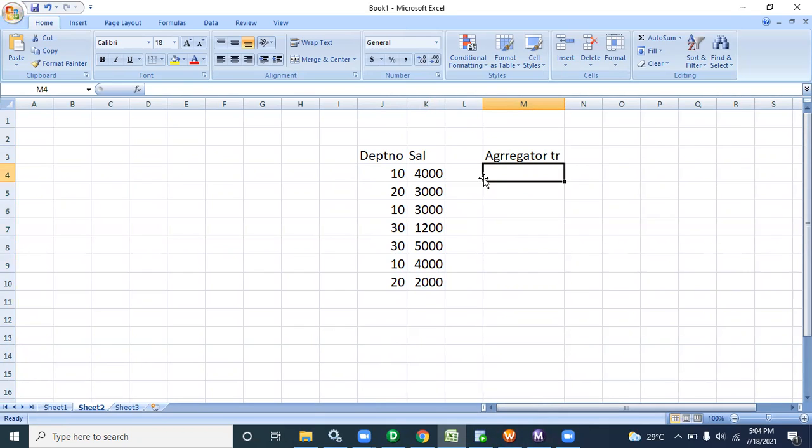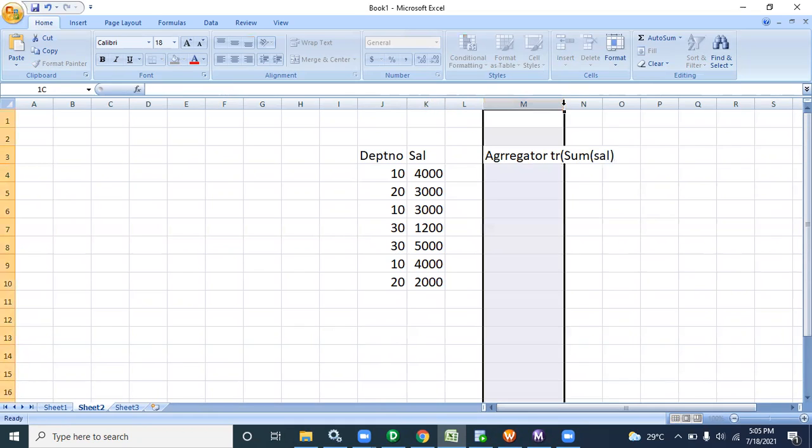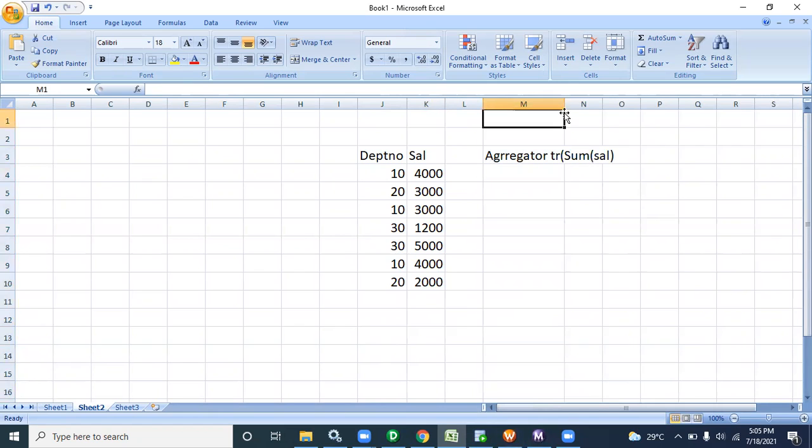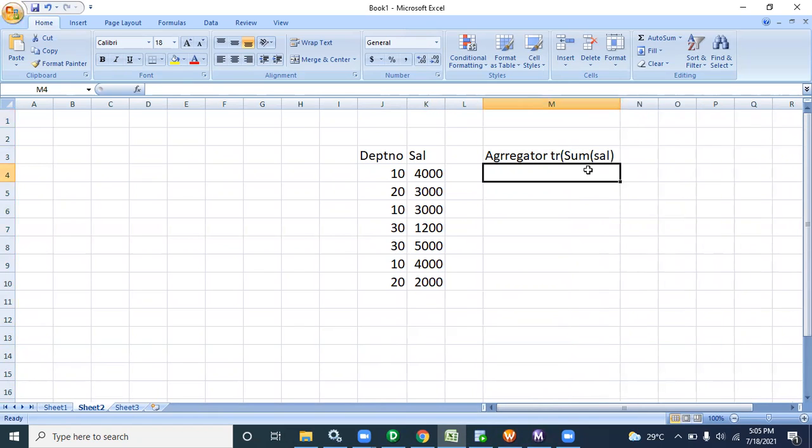Let me show you how it will give the sum of sal. Suppose in the aggregate transformation we are putting sum of sal. How will it give the output? Suppose first it goes to this record.